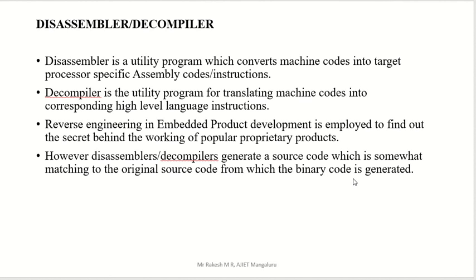So why are we getting that? Because if you know the proper main code of that embedded device, then you can easily create another device of the same type. In order to get that working idea, you can copy that code by using this method, that is the reverse engineering method. They will get that code and create their own, but whatever code they get after reverse engineering is not the exact code, it is somewhat matching code, but not exactly the same.